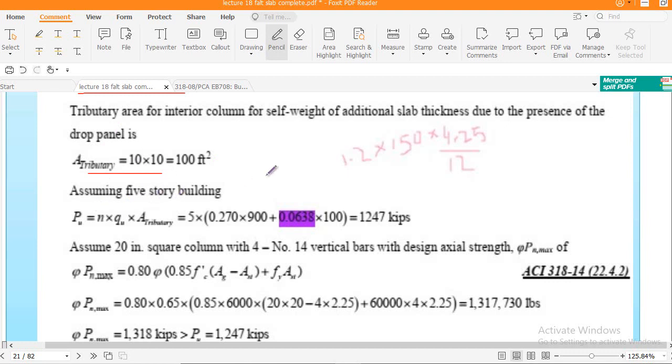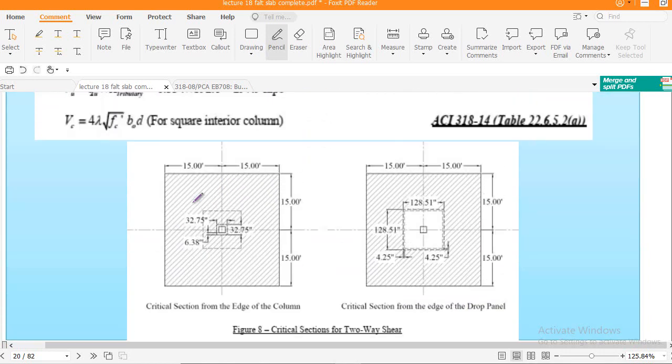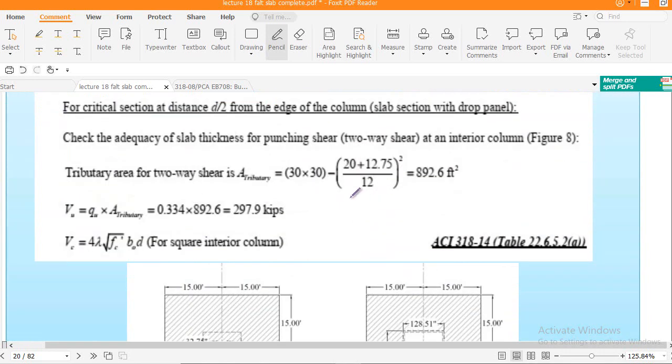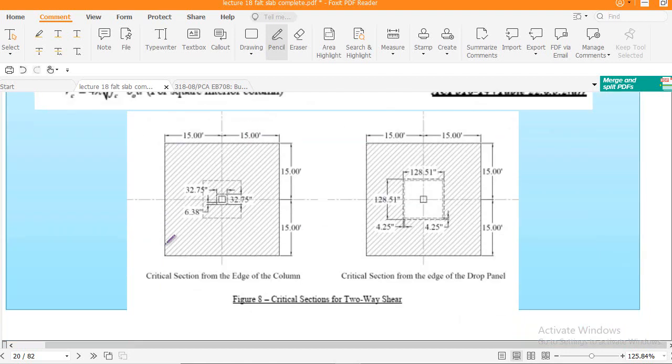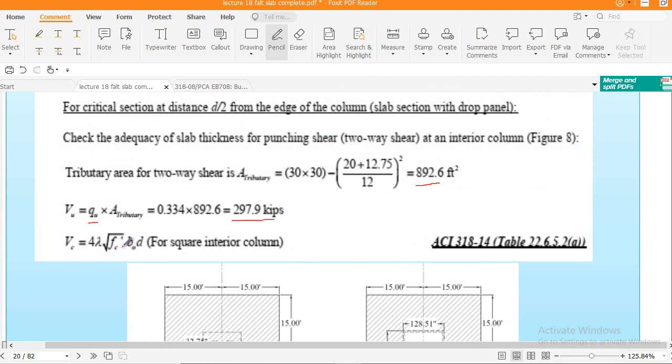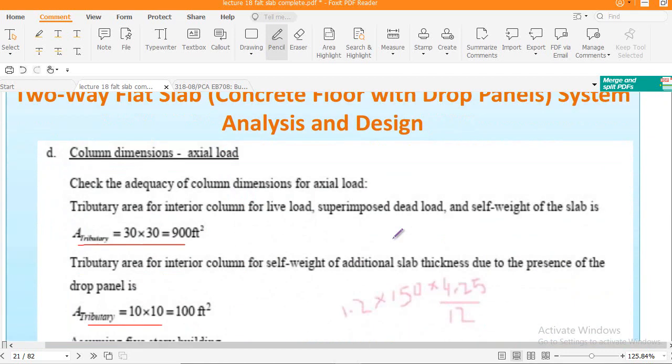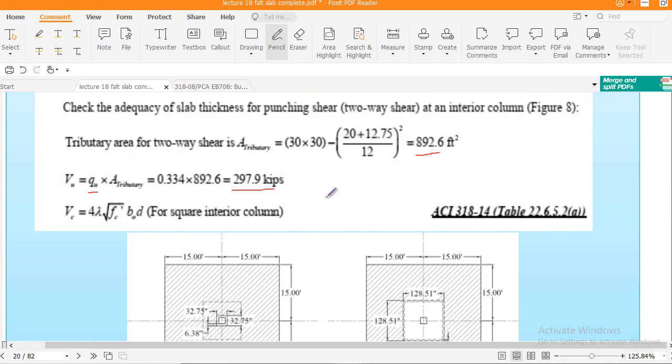Assuming a 5-story building, yes, this is very important, right? Here is the tributary area, 892.6 square feet. This is the tributary area, so you have to multiply this with the Vu. You got 297.9 kips, and this is the punching shear strength from this formula, Vc = 4 lambda sqrt(fc') b0 d. We will get what here, remember,